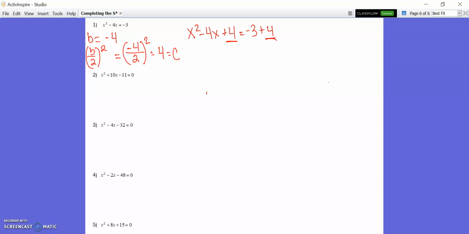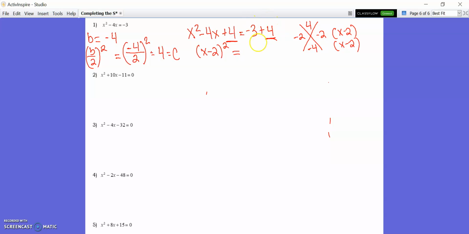I'm going to go ahead and simplify, which means on the left side of my equation, I'm going to factor. And you can use your X box, if you like, to come up with your factors. So in this case, -2 times -2 gives me +4, but when I add it, I get -4. You can use your X box, or you can recognize that you created a perfect square trinomial, which means it can be factored into a binomial to the second power. So my x minus 2 would be one of the factors, and the other one would also be x minus 2. You can rewrite that as x minus 2 to the second power